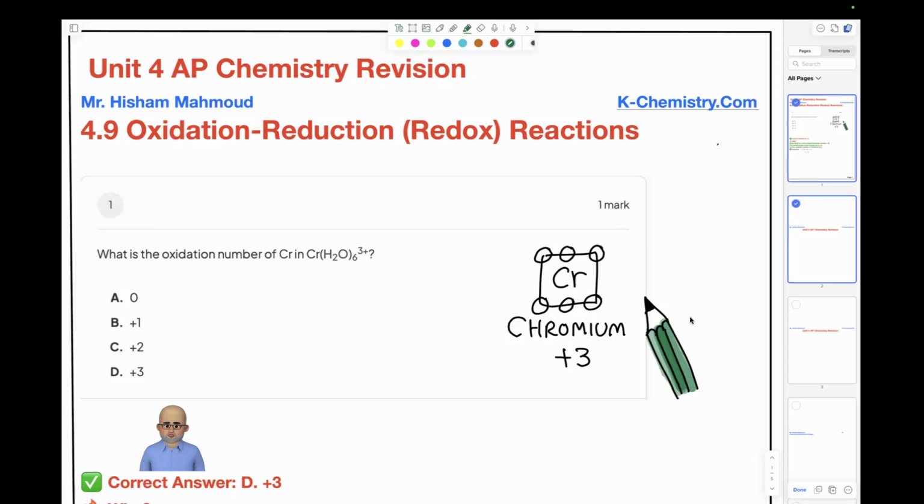The question is in topic 4.9, oxidation, reduction, redox reactions. How are you doing in the study? Let's see this question. What is the oxidation state of chromium in